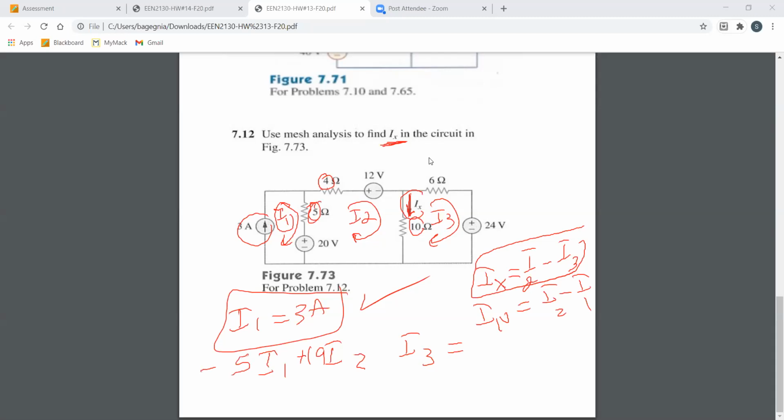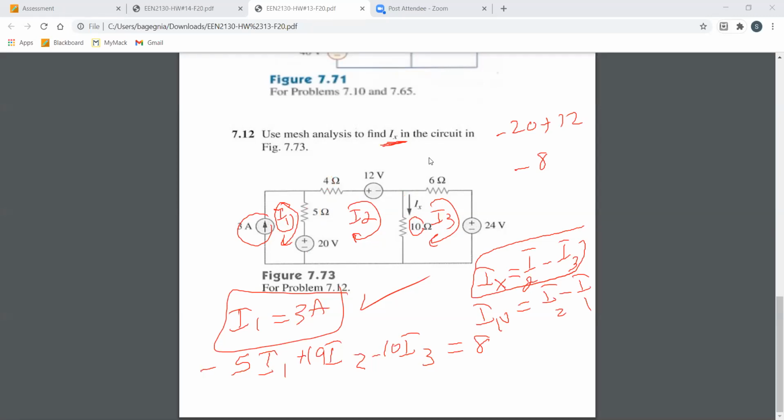And then I3 contributes to I2 by 10, so it will be negative 10. In the equal sign, we have negative 20 plus 12. That's negative 8. So take it to the other side, it will be 8. Again, this is by inspection. If you wish to do that, it's fine. If you say, no, I'm not comfortable now to use this technique here,